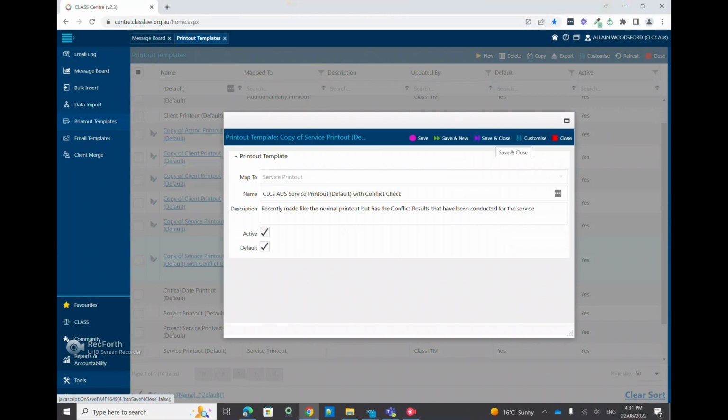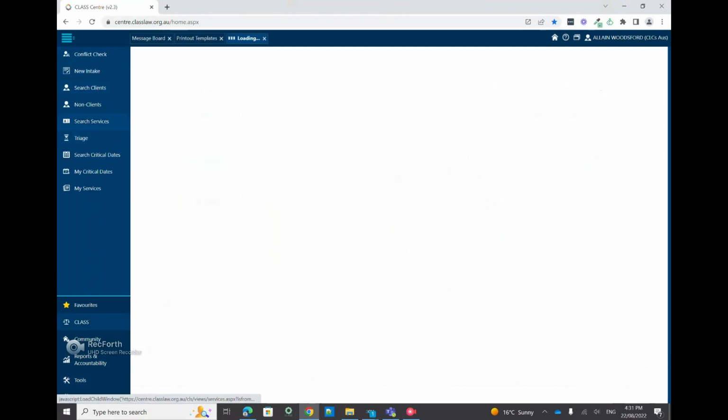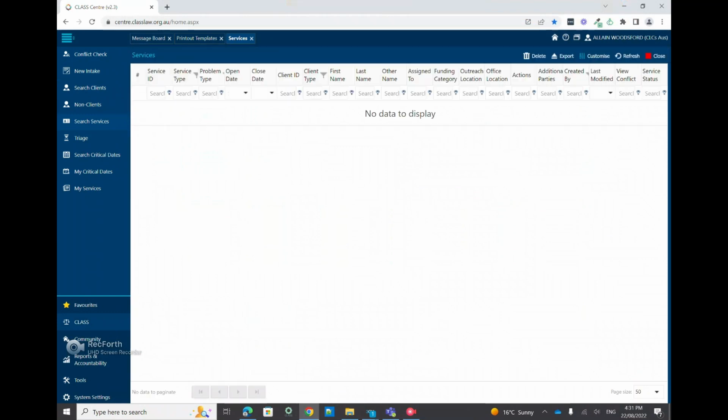And the reason why I'm telling you to implement it in that way is because we couldn't just make this default for everyone, because some centers have created their own templates, quite a few of them actually. But that's how you would enable that. So the next time you go to print, if I do a quick demo,